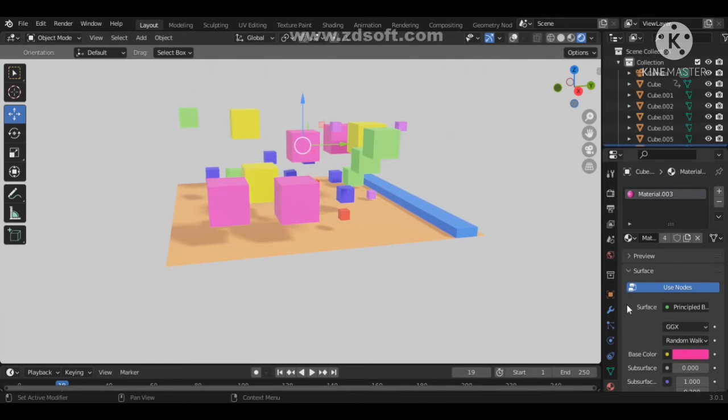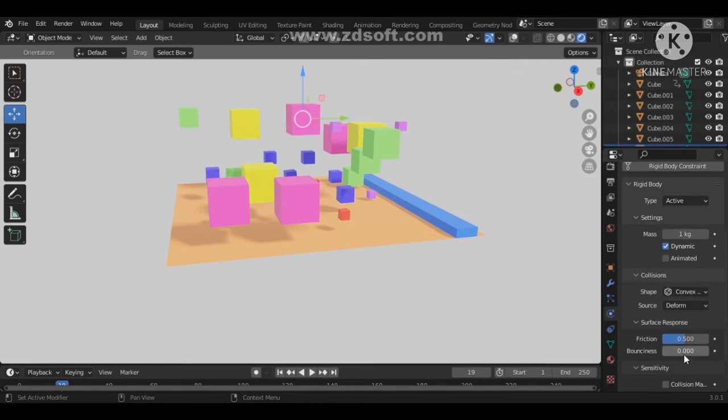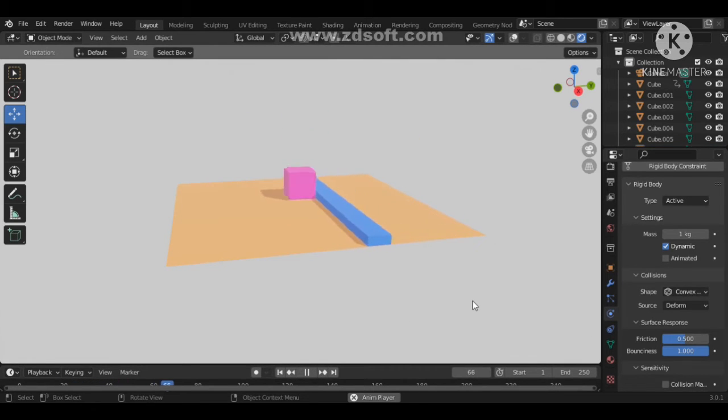So let's play with the bounciness of these materials now. Go to the rigid body physics. Let's also increase the bounciness and see what happens. Oh,